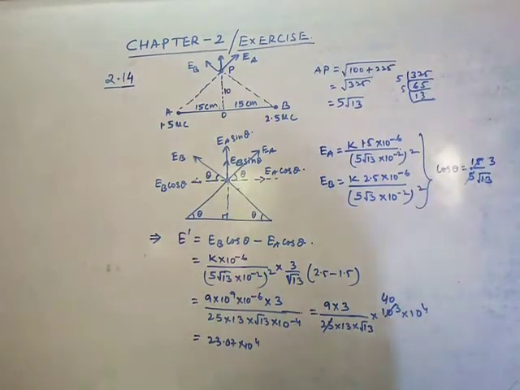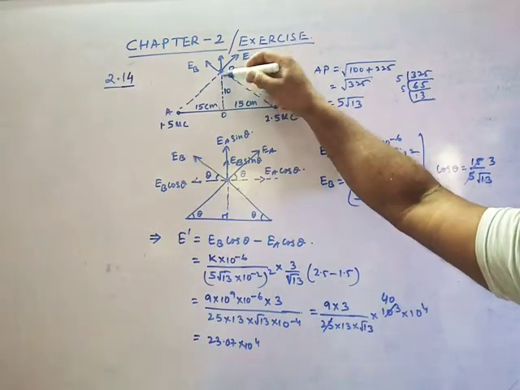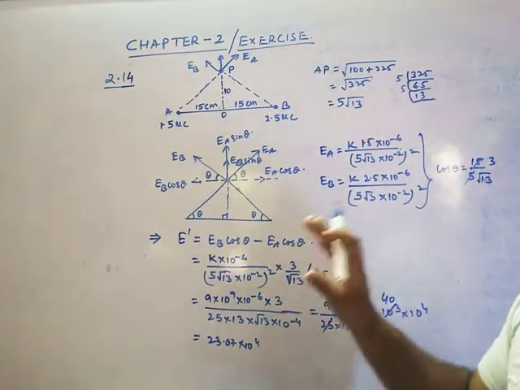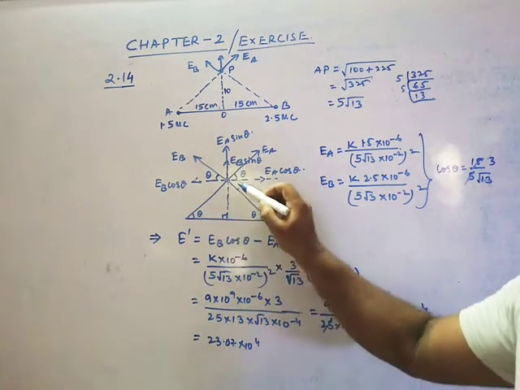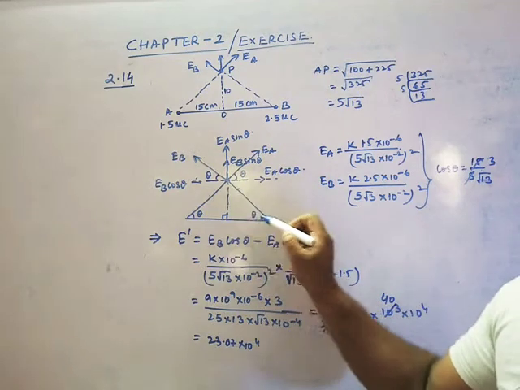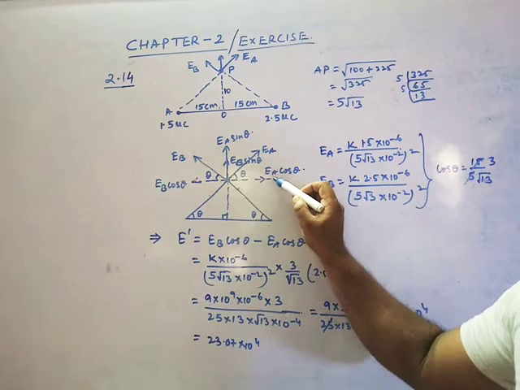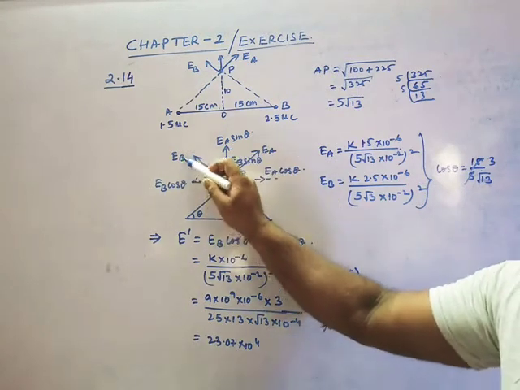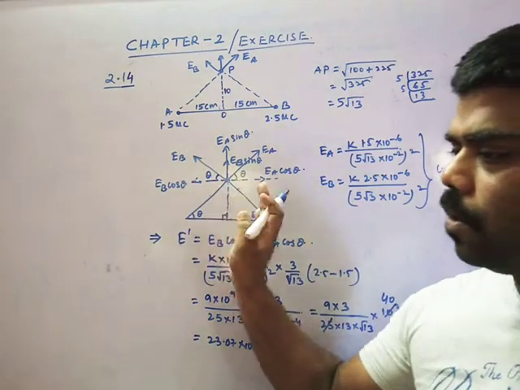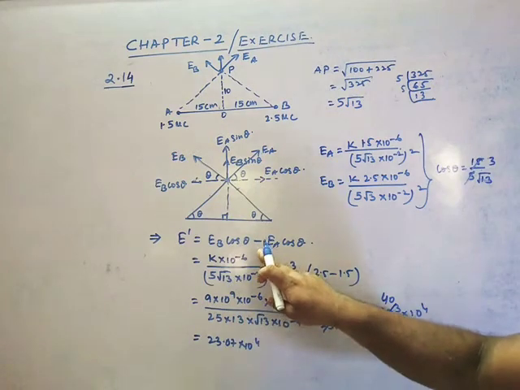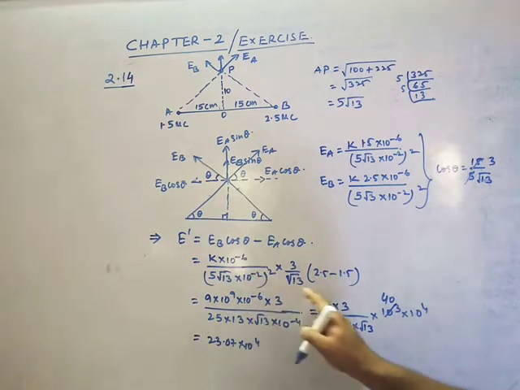So dear student, look at here. In the 2.14, this is the diagram given, 10 centimeter and perpendicular to it. Okay, it is a little tough here. Look at here how to solve this one. This EA has, if it is theta and theta, since both the sides are equal, base angles will be equal. So here will come your EA cos component and here it is EA sin. Similarly EB cos and EB sin. Now how to solve it? First you solve these two. These are not similar, so first we have to decrease, that is subtract. Is it right? Let's see.